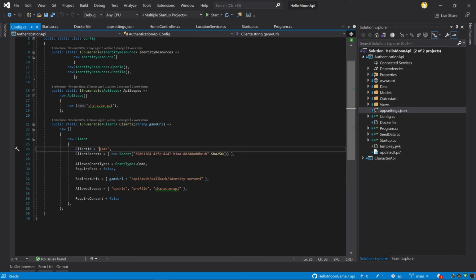So we're having client ID, which is game, and we're having client secret, and this is now hard coded, and of course you don't want hard coded secrets in your C# code. So this is something we have to change, or maybe we can even get rid of this secret altogether. But again, that's something I have to check